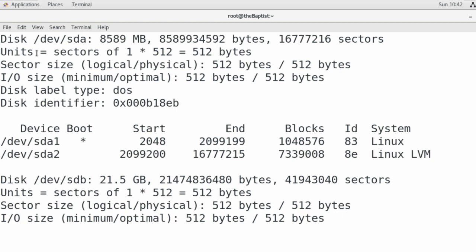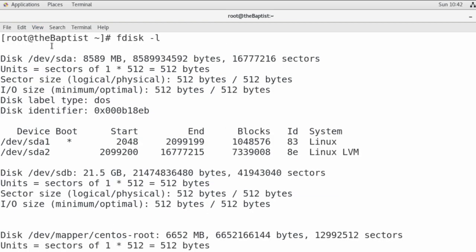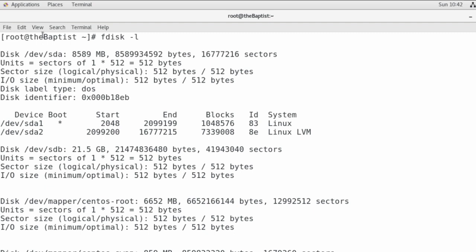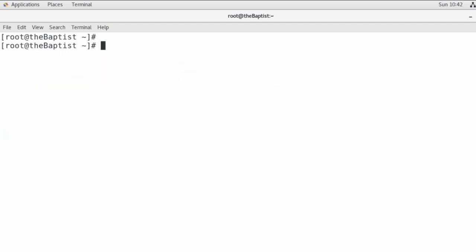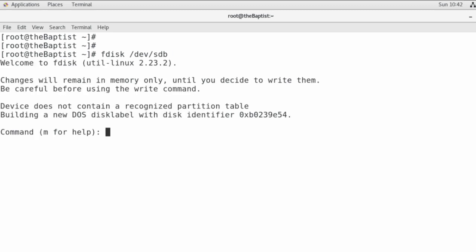So we want to create partitions on this disk, /dev/sdb. I'm going to zoom out a little bit. I hope that is clear for you. Now we need to create a partition for sdb, and the command for that is, first we need to go inside fdisk, that is fdisk /dev/sdb. This is our main hard disk, and we want to create partitions inside this. So use the command fdisk, go inside this first and press Enter.